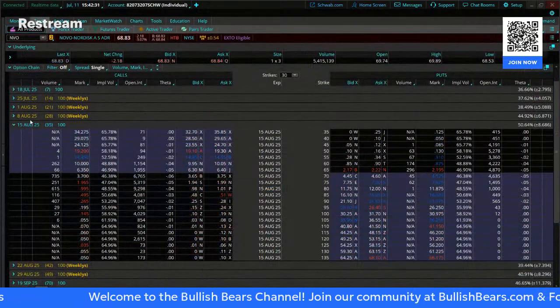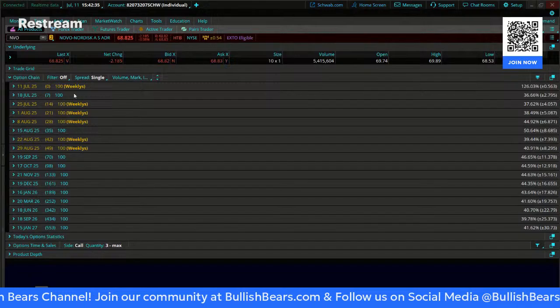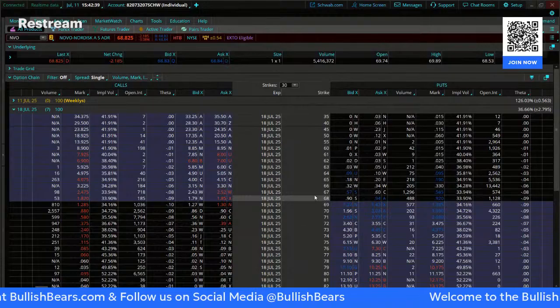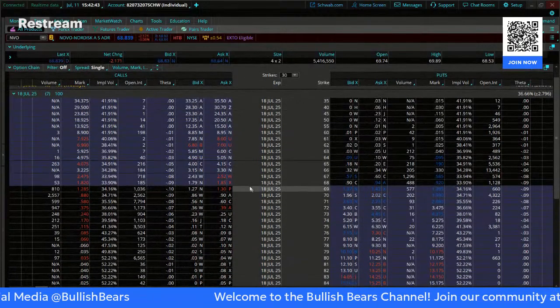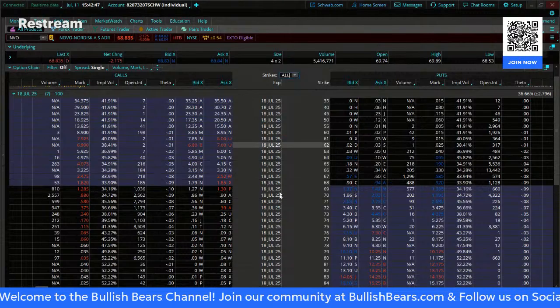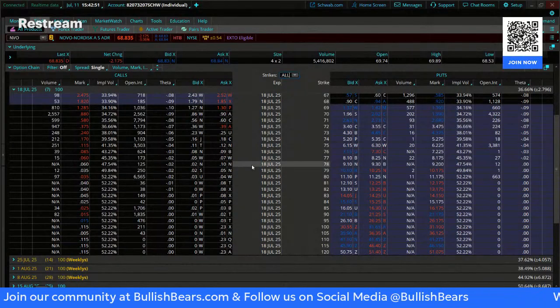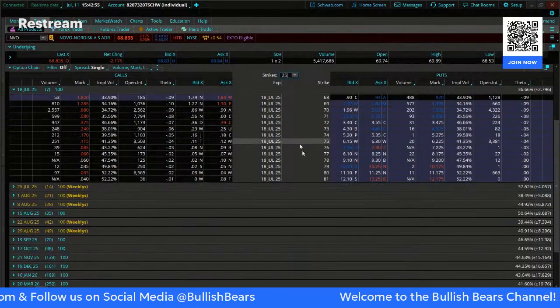So on that options talk that we were doing earlier, we covered a couple of pieces of it already, right? We've got weeklies, that's one sign. We've got the strike width, that's another sign. How many strikes we see is another one. I've got NVO up here and I have a set number, but if I show all, we'll see that there's even more. Now the bag holders are showing up way down there. I had it limited, so we weren't seeing them all.